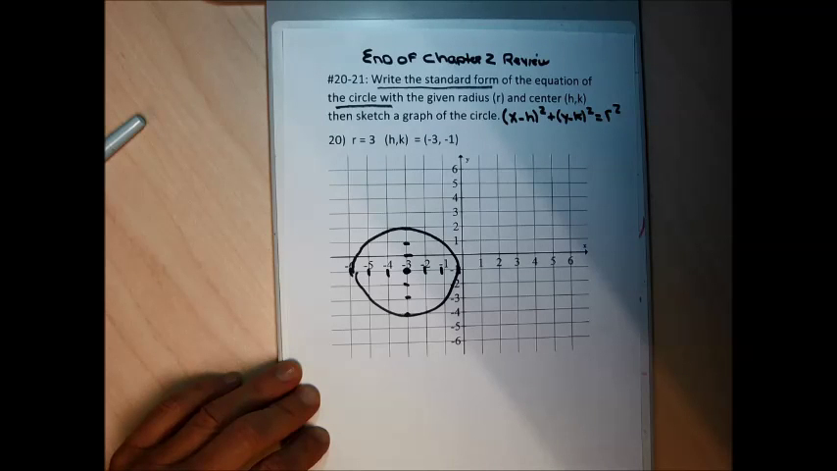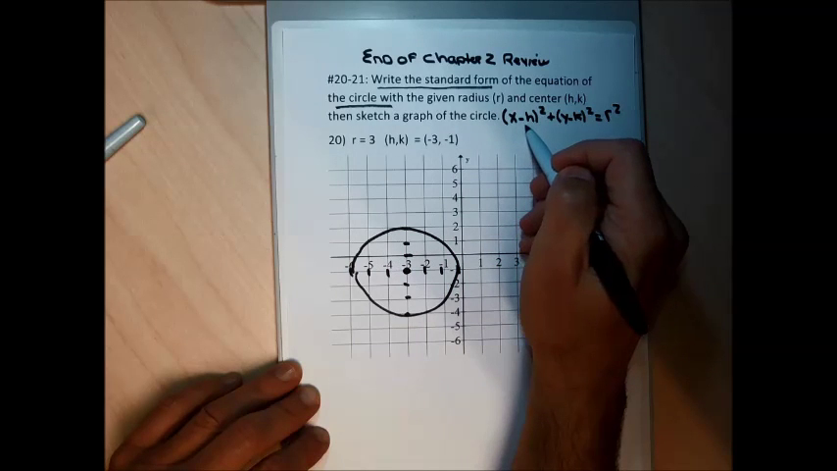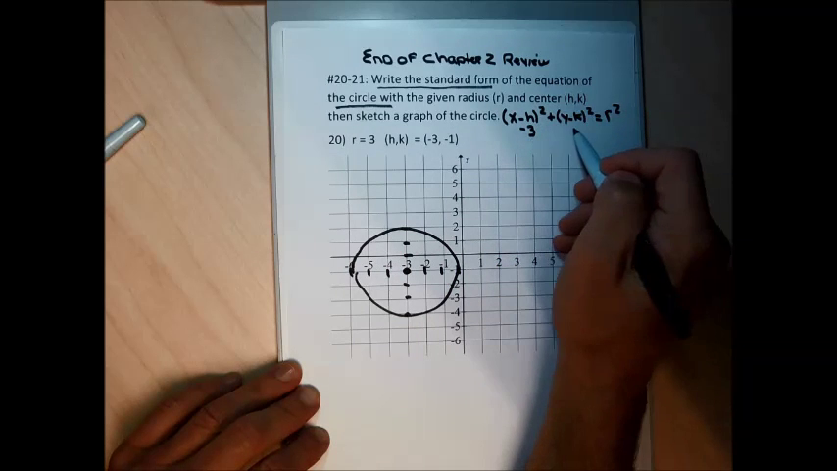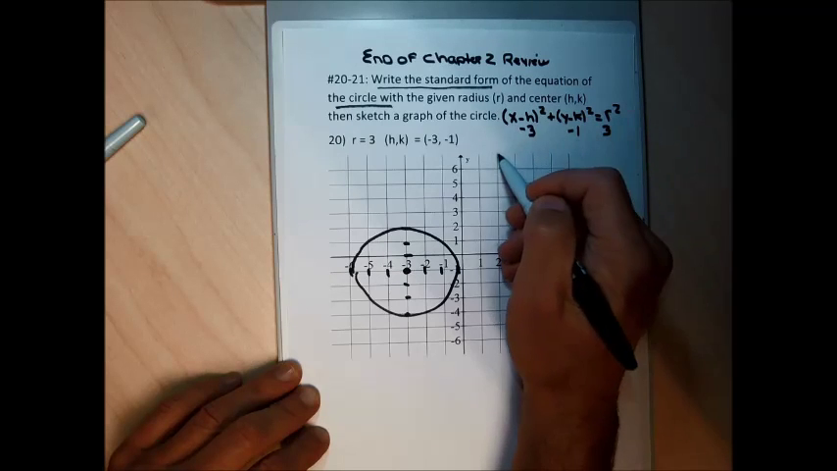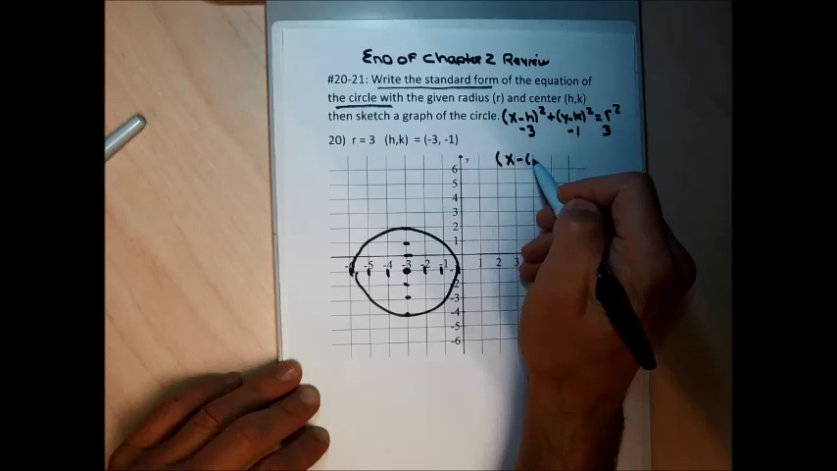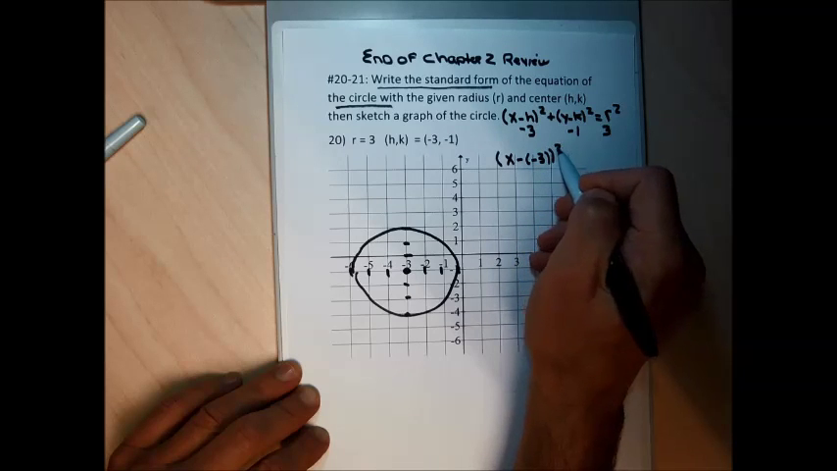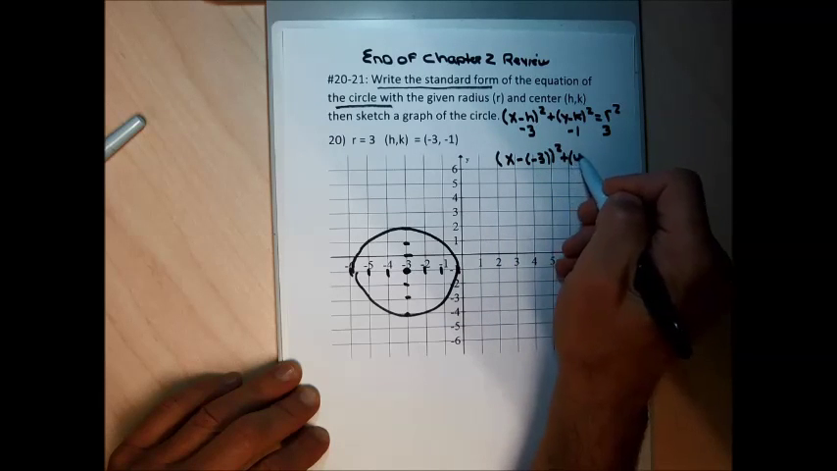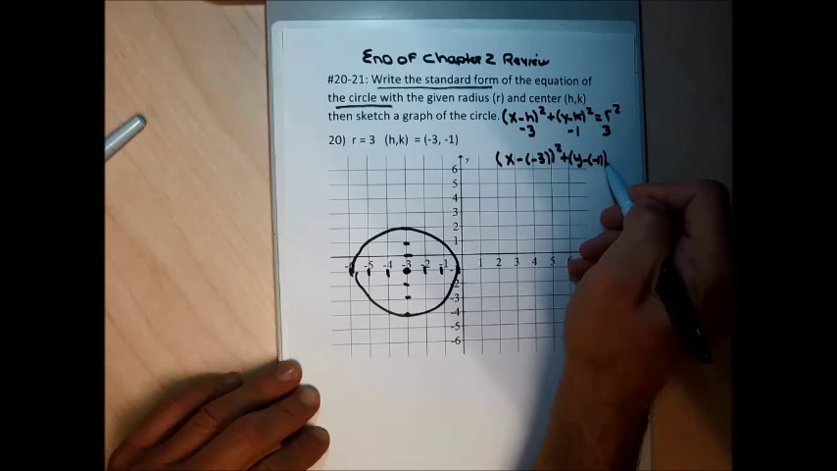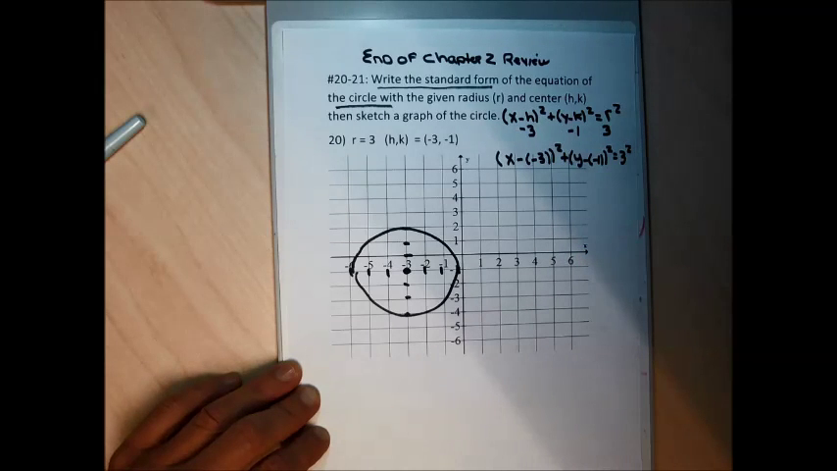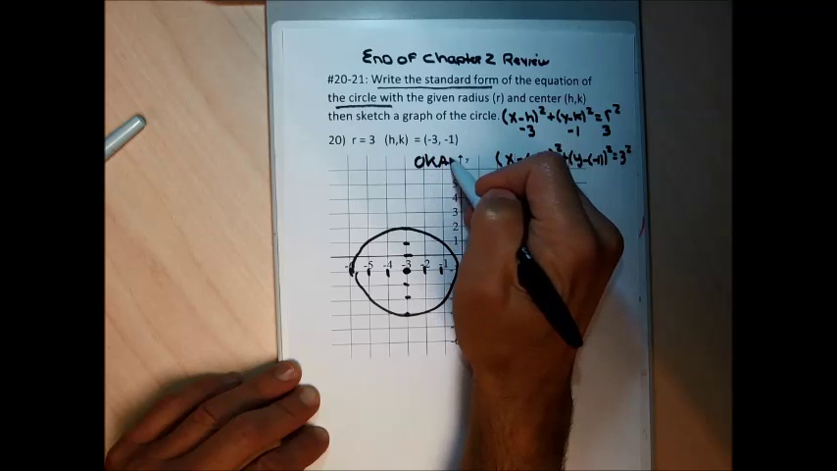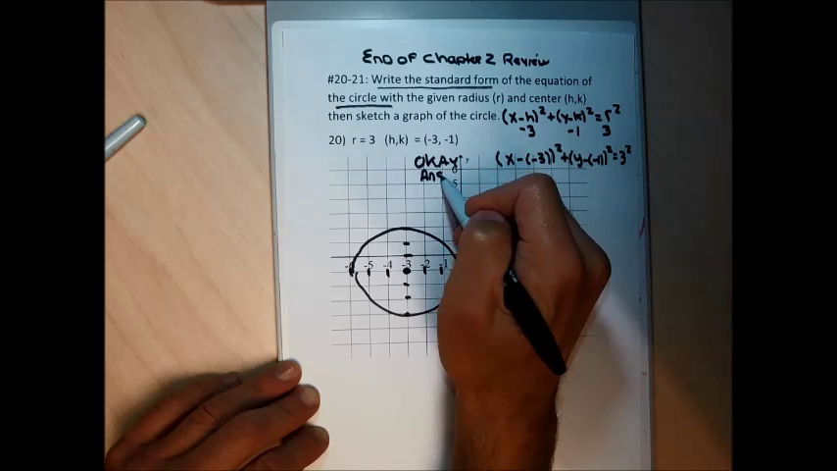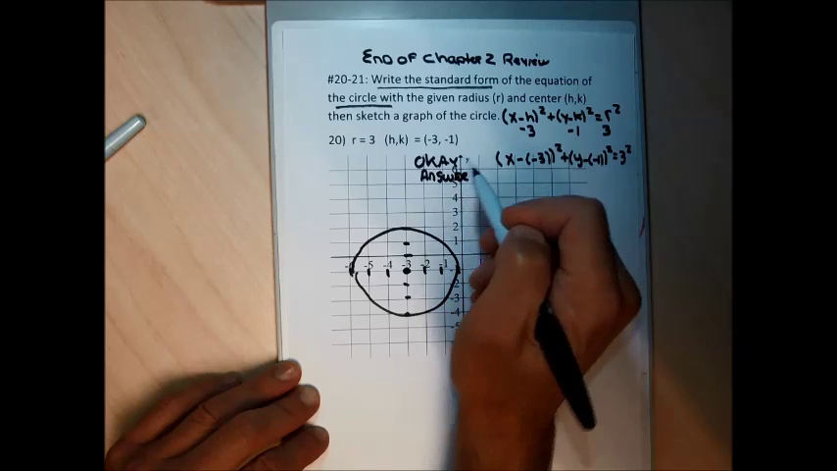And to get the equation that's required, in for the h, I'm going to plug -3. In for the k, I'm going to plug -1. And in for the r, I'm going to plug 3. And I'm going to go (x minus -3) squared plus (y minus -1) squared equals 3 squared. While this is a correct answer, it's probably not the best answer. I'd say this is an okay answer, but it has double negatives that I don't like,